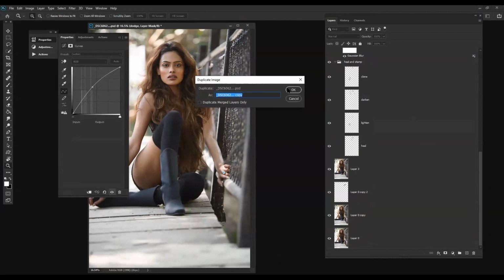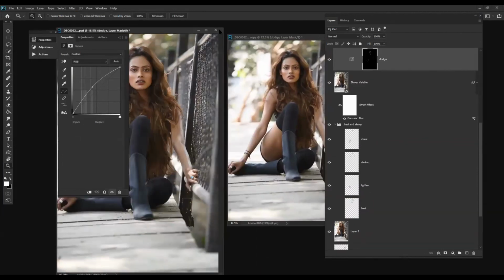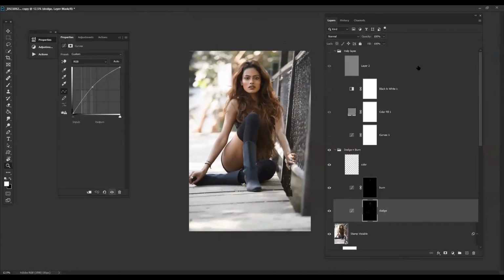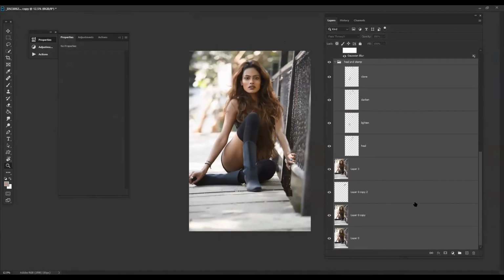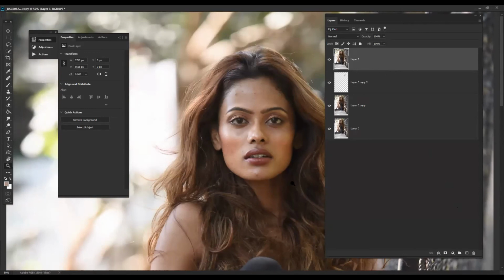the quick retouching. I will make a duplicate copy. I will save this one. So I will remove the dodge and burn, everything. Only I will keep the basic. I will remove the basic healing also. So here, back to day one where we started from.